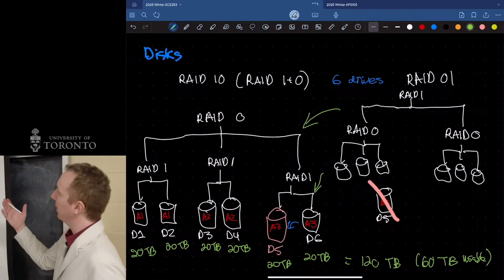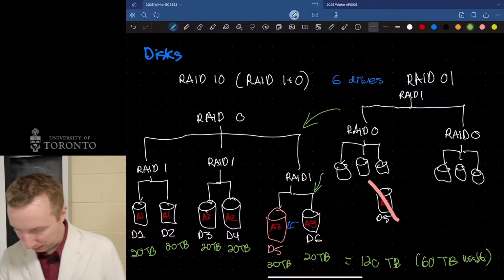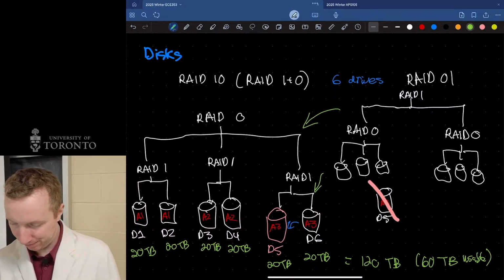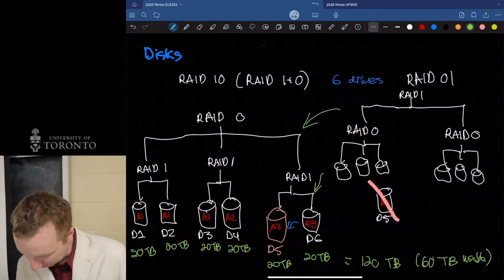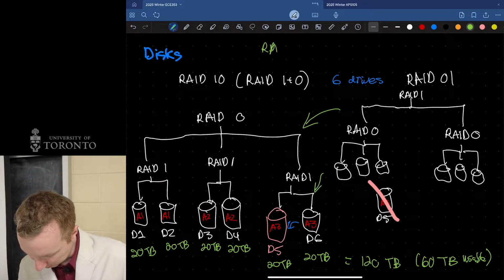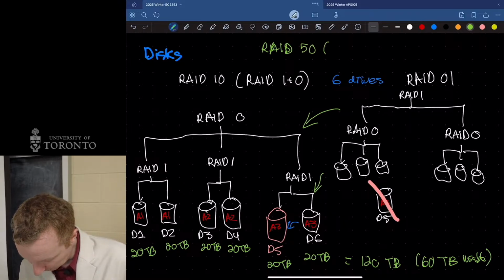But I can combine different RAID levels if I want. You could have a RAID 50. You could have a RAID 60. So RAID 50 would be the same as 5 plus 0.